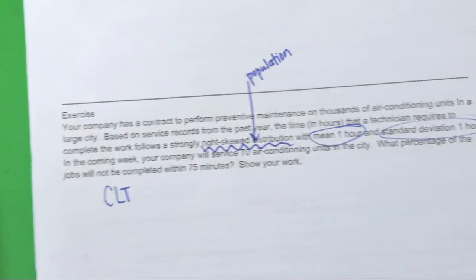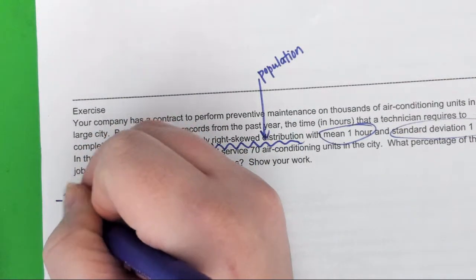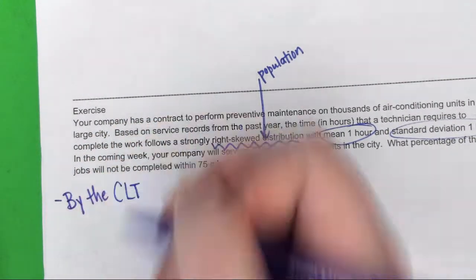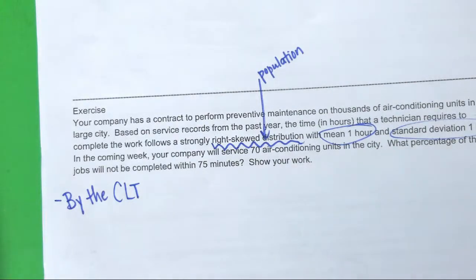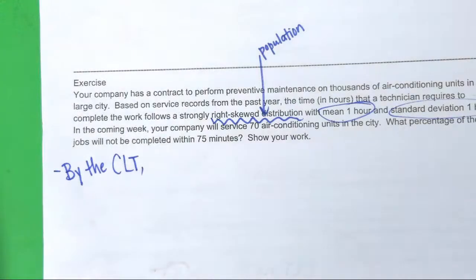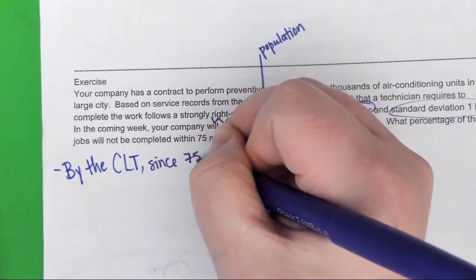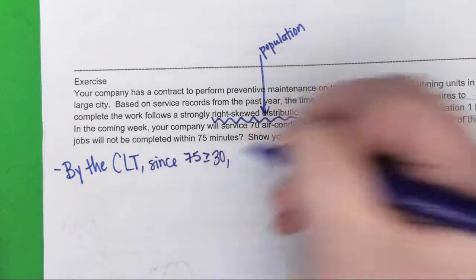Okay, so I'm going to say by the CLT, and I'm actually not going to spell it out. I'm just going to put CLT, central limit theorem. If you want to spell it out, you can. If you literally just reference the number in the central limit theorem, because the sample size is bigger than or equal to 30, I'm pretty positive they're going to give you the points for it. So by the central limit theorem, since it's bigger than or equal to 30,